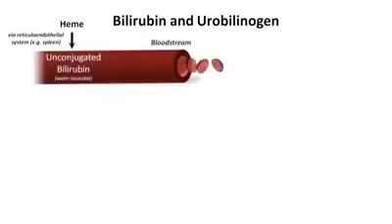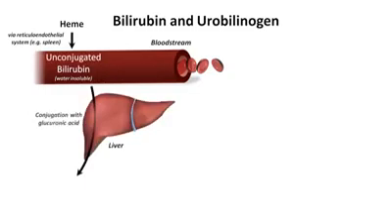The last tests on the dipstick are the closely related bilirubin and urobilinogen. To understand these, you need to understand the basics of bilirubin biochemistry and excretion. Within the reticuloendothelial system, the heme molecule that sits in the center of hemoglobin in red blood cells gets broken down in a series of steps to a water-insoluble compound called unconjugated bilirubin. This travels in the bloodstream to the liver, where it's conjugated with glucuronic acid and excreted into the bile as